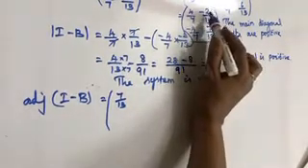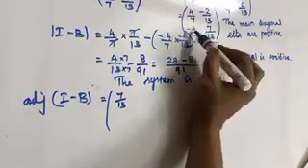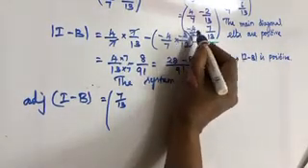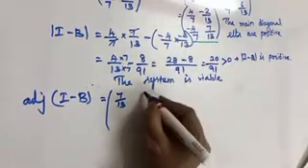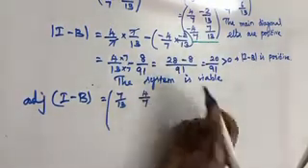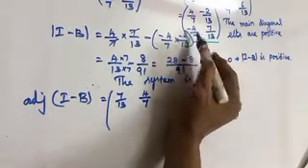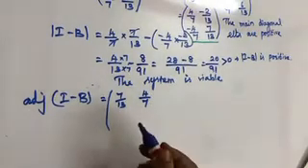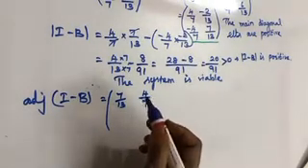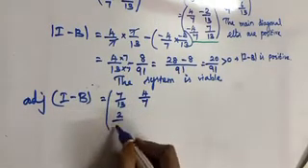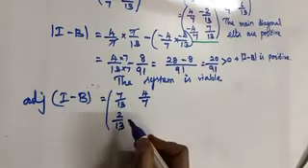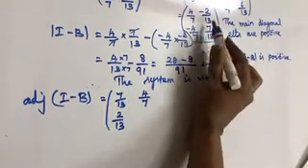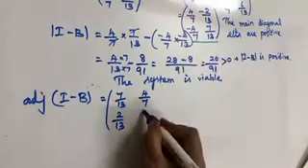Okay, so the cofactor of minus 2 by 13 is minus of minus 4 by 7. So minus and minus will become plus, it is 4 by 7. And the cofactor of 4 by 7 is minus of minus 2 by 13, so it is 2 by 13. Okay. Now, what about this? The cofactor of 7 by 13 is 4 by 7.